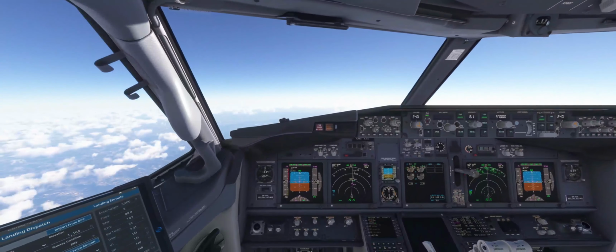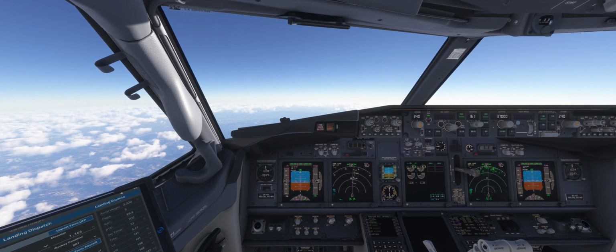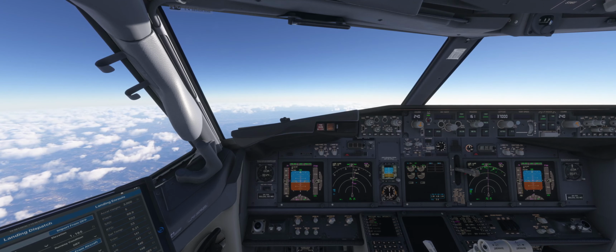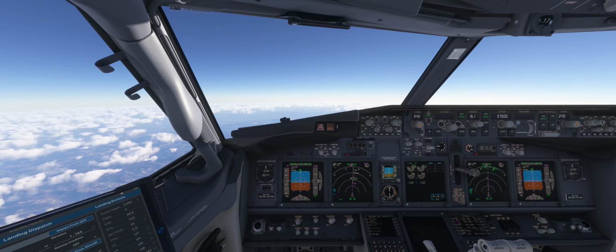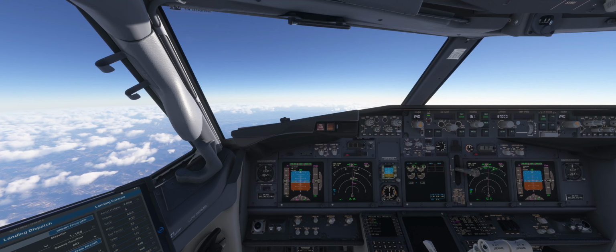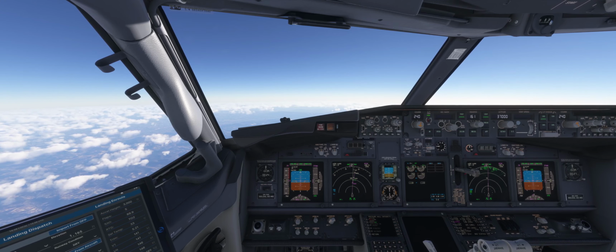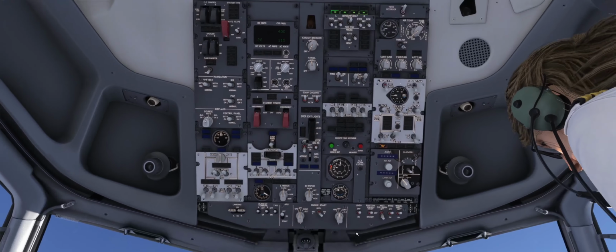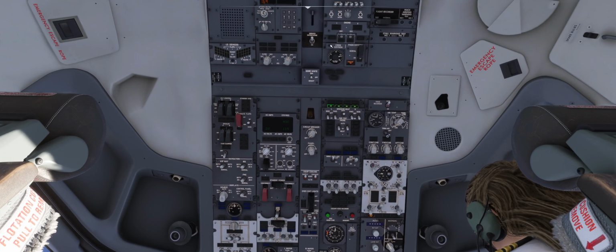Okay, so if both pilots confirm that emergency descent is required, the pilot flying becomes the captain and the pilot monitoring becomes the first officer. So what is the first officer's duty? The first officer's duty is to put on the oxygen mask right over here,